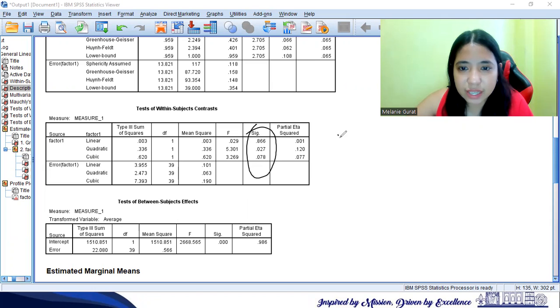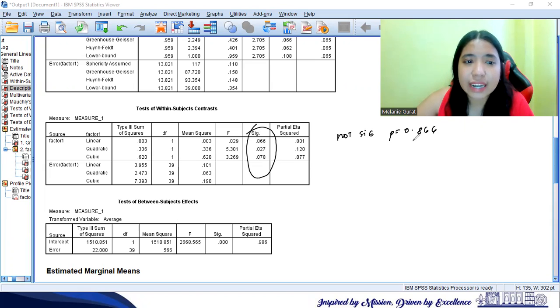So it is not significant, because p is equal to 0.866. So there is no linear relationship.